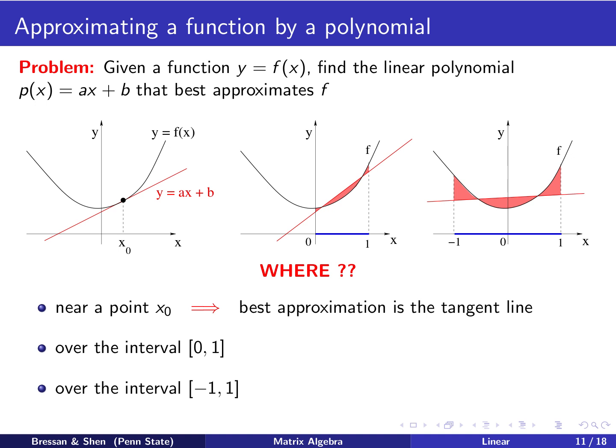That is the line that touches the graph of f of x at the point x0. And second, let's say we want to approximate it on the interval from 0 to 1. I don't care about how f looks outside, but on this interval, I want to approximate it by a polynomial of degree 1 as best as I can. If f is bending, then